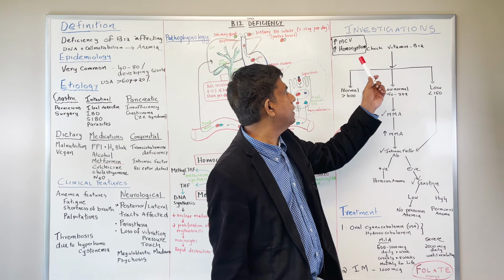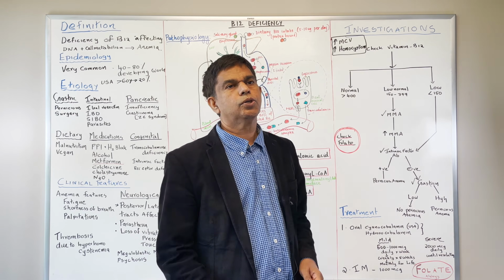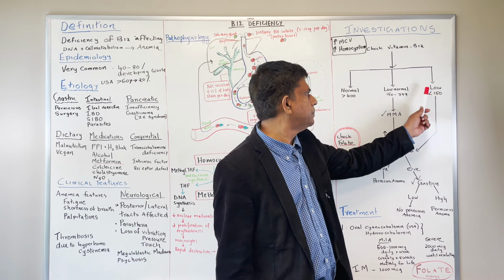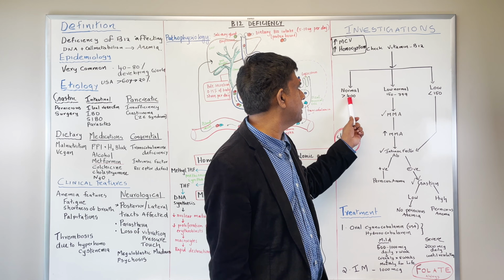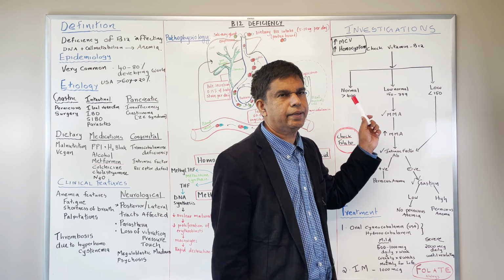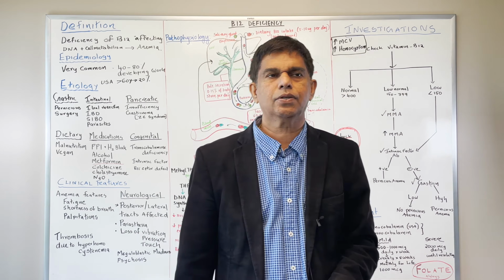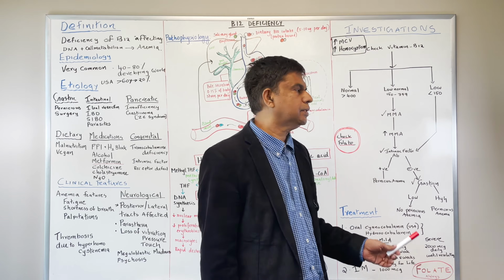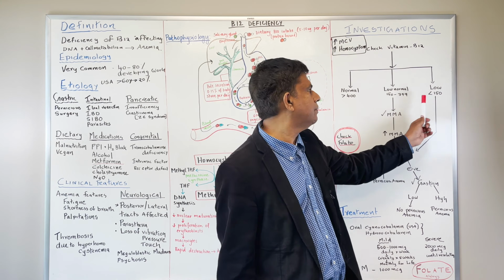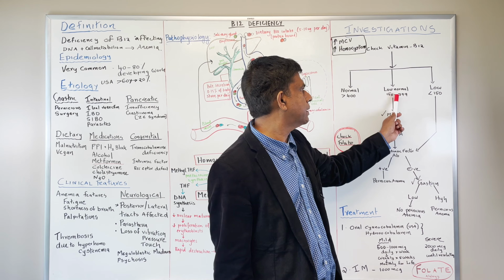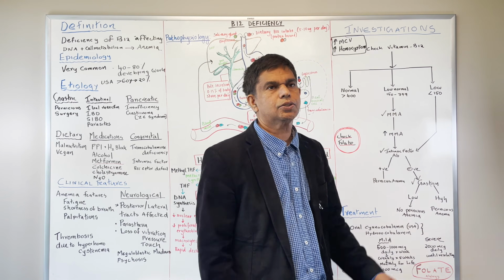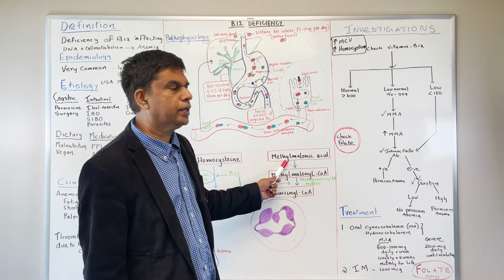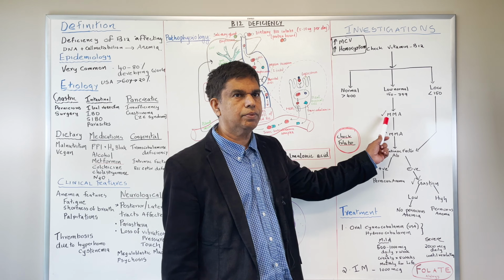So the first thing we talk about is checking vitamin B12, the most important stuff. When you check vitamin B12, it could be low, or low normal, or greater than normal, meaning greater than 400. Some numbers you need to know. If it is greater than 400, don't worry about it. It's not usually vitamin B12 deficiency. If it is in the low normal range, in the middle, like 150 to 399, the next thing is to check methylmalonic acid. We already said it's going to be elevated. Methylmalonic acid is going to be elevated, right?